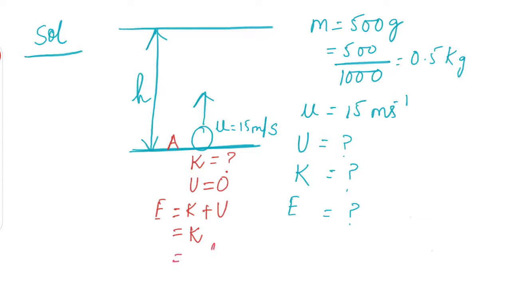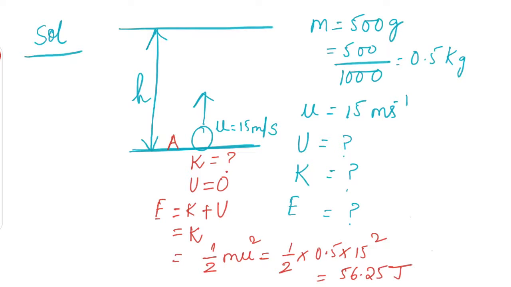So how much will it be? Half mu square. Okay, let's do the calculation. Half into mass into u square. If you do this calculation, you will see you are getting 56.25 joule. So your kinetic energy at point A is 56.25 joule, which we can also say is the total energy. Now when the ball reaches the point B,